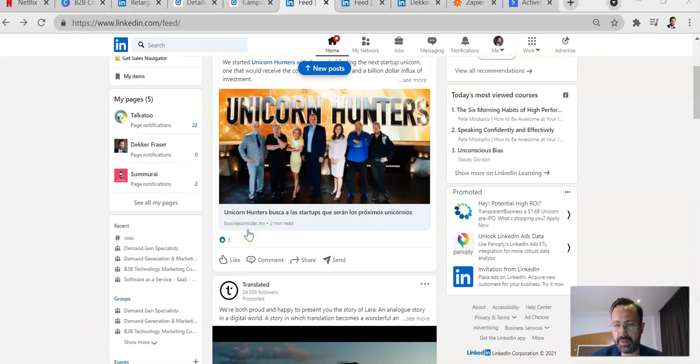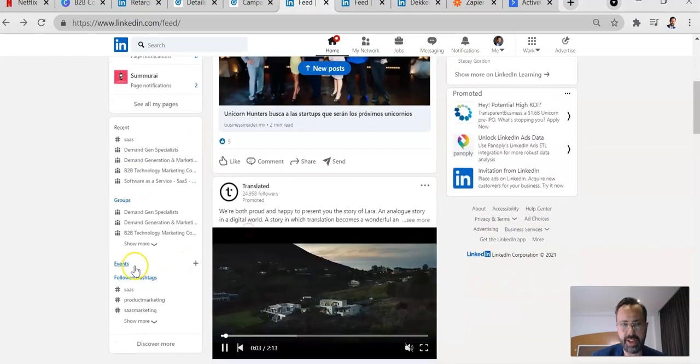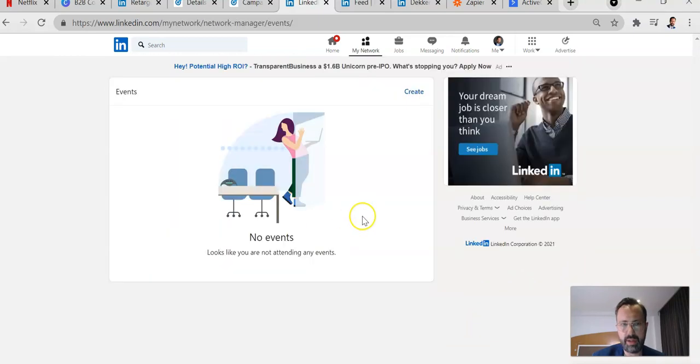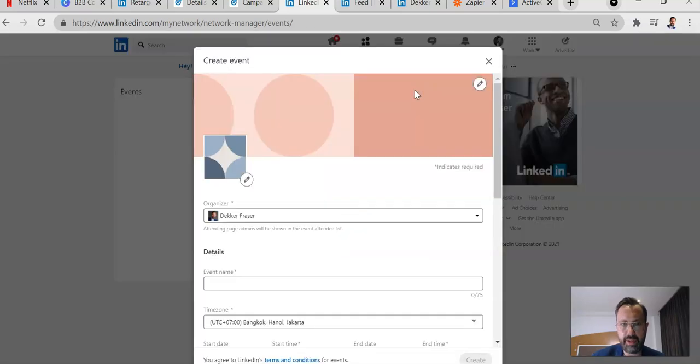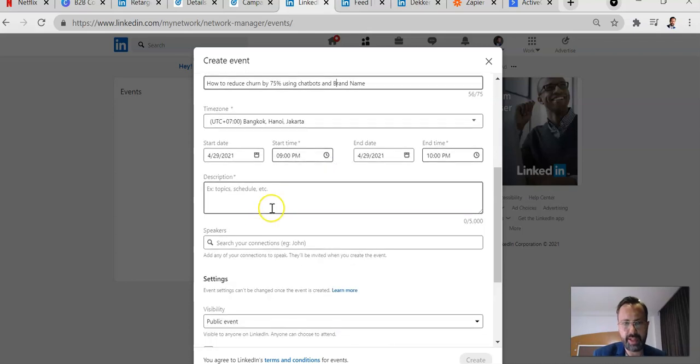The second thing that we're going to do is create an event. So on your personal profile, you can create an event here and then hit create, and you can set up an event. So we could call it how to reduce churn by 75% using chatbots and our brand. You can set a date for it, a description, benefit 1, value 2,